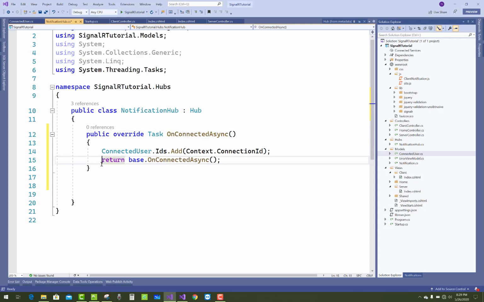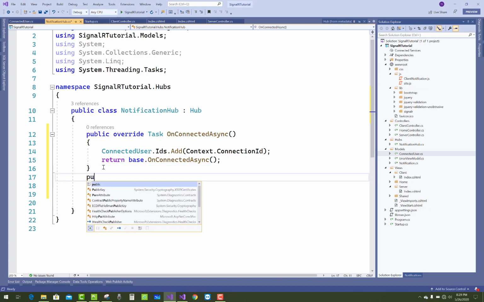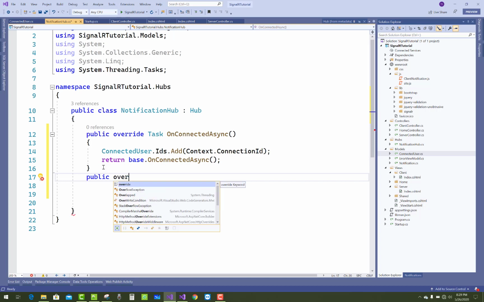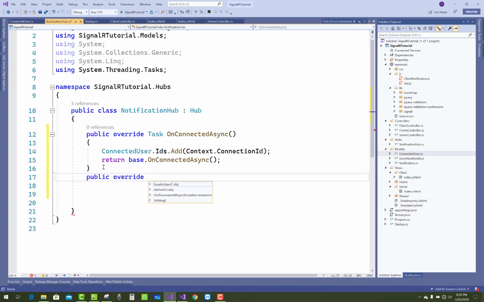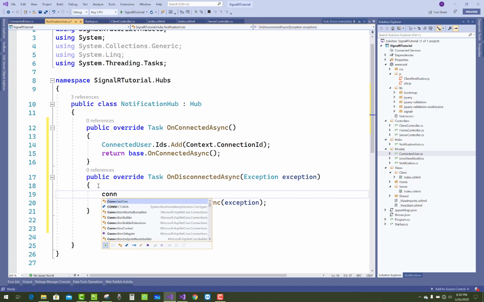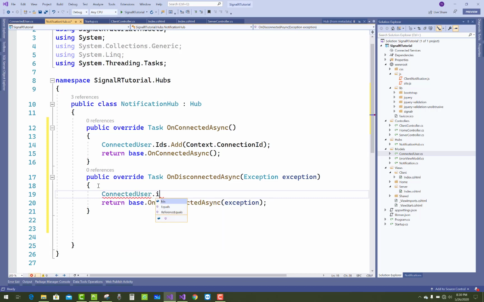Now after that you have to use public override, and this method, OnDisconnectedAsync Task, in which you have to remove users from the ConnectedUser class, which is the static class.